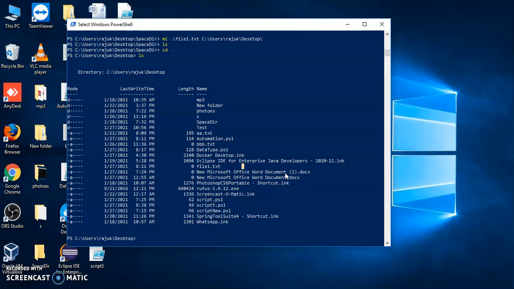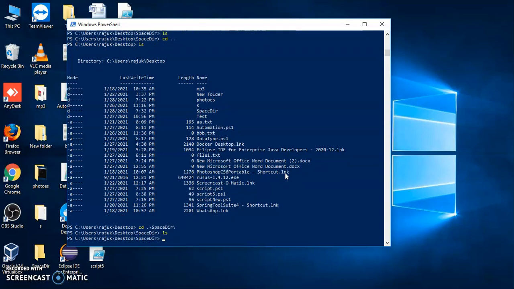If we want to create any file, for that we have the command New-Item.